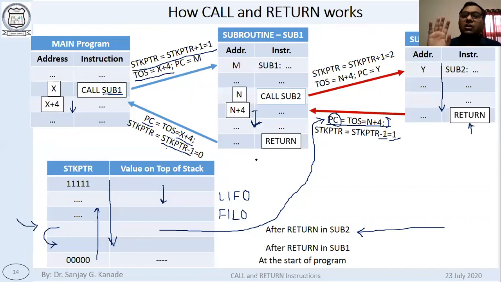Whoever has called that subroutine, the subroutine will automatically give back control to the caller program. That's why I use the word caller, since this subroutine in this case was called from subroutine 1, so control comes back to subroutine 1 again.